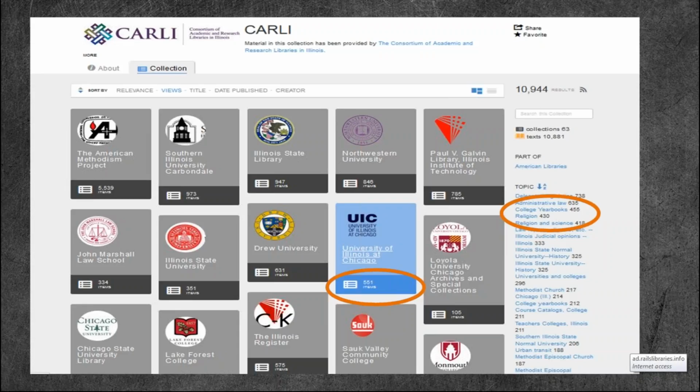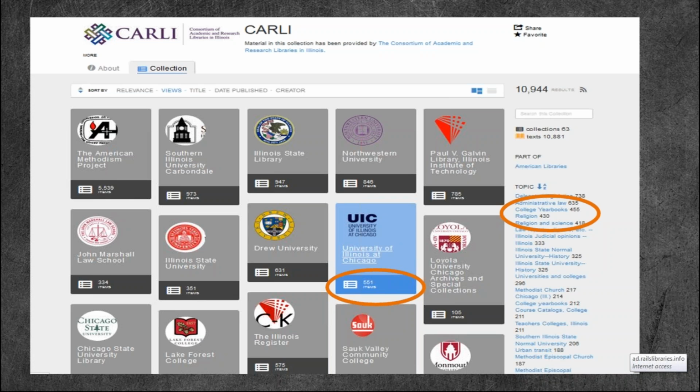So I mentioned Governor State University having taken the Township of Monee's government records and documents. Well, they scanned and digitized all of those and put them online through their digital collection that's available in CARLI. So you find some really neat things in here. If you look on the right-hand side, it kind of breaks down the types of collections they have. So they have things obviously like college yearbooks, but then they also have things like Methodist church records and records on urban transit. So there's some pretty cool things that our colleges have in their special collections.